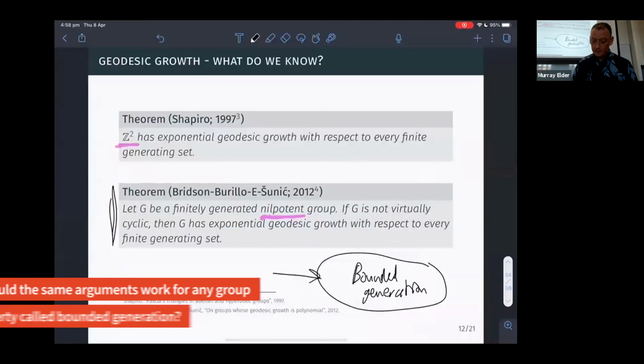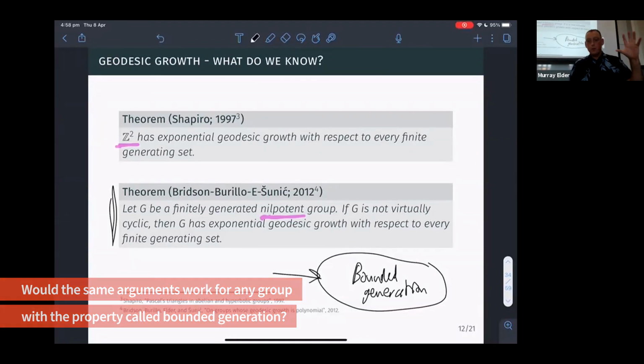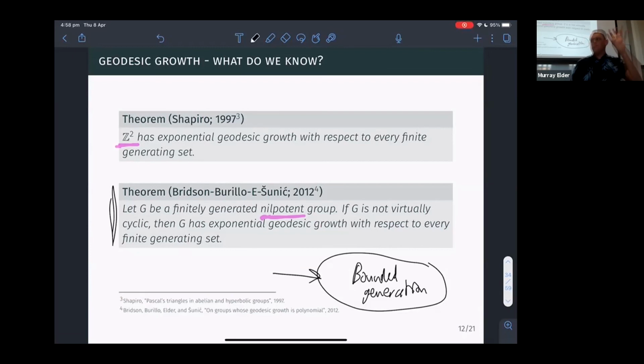There's something called bounded generation, and it's about being able to express every group element of some group using a bounded number of cyclic subgroups. I should look up what bounded generation is and see whether I can get any other examples. Oh, can I